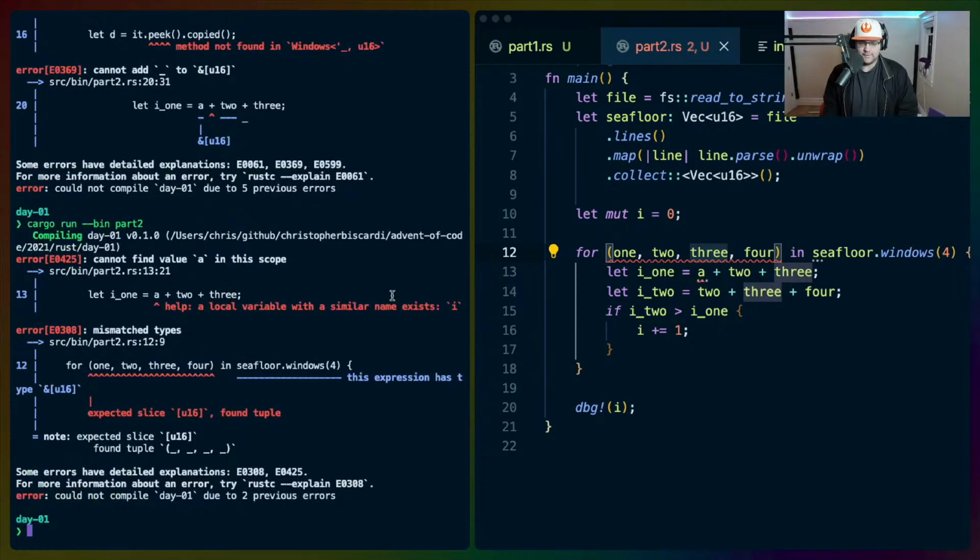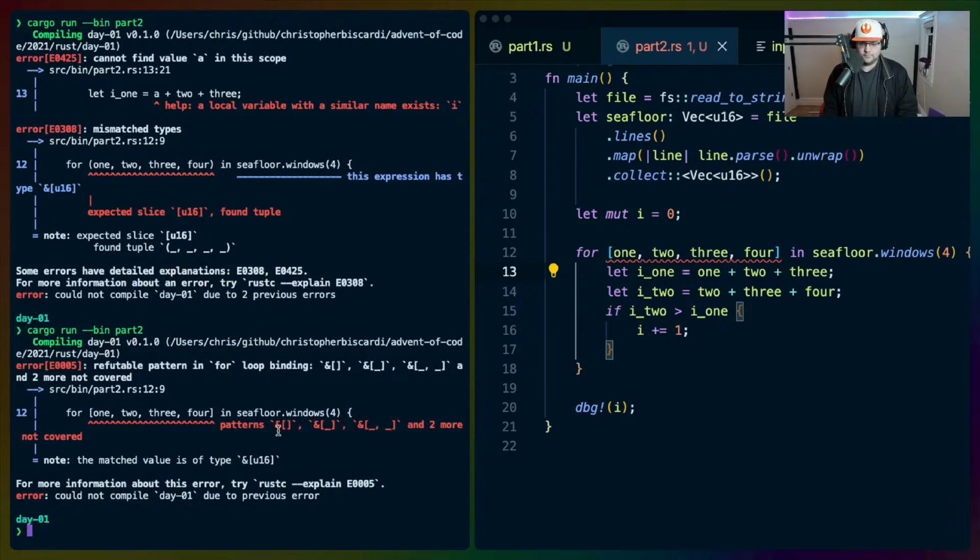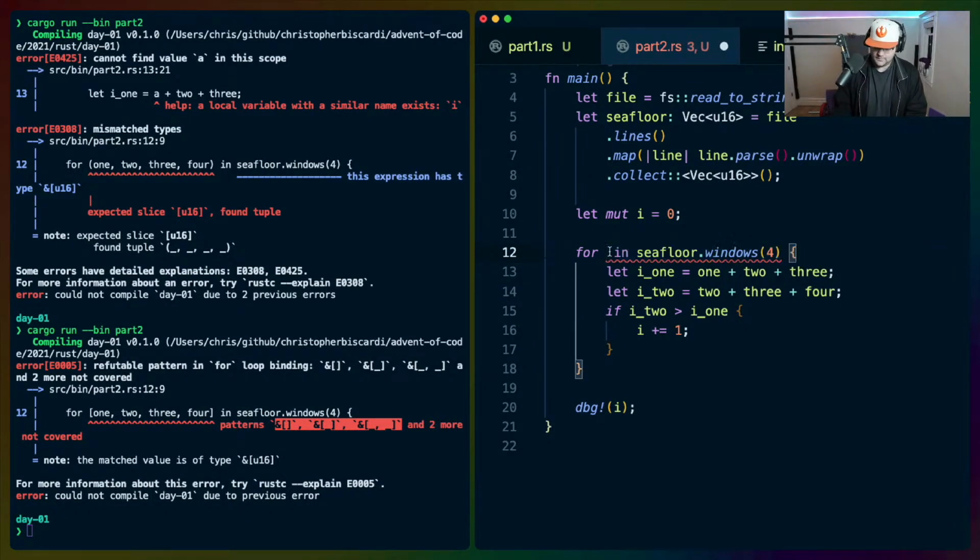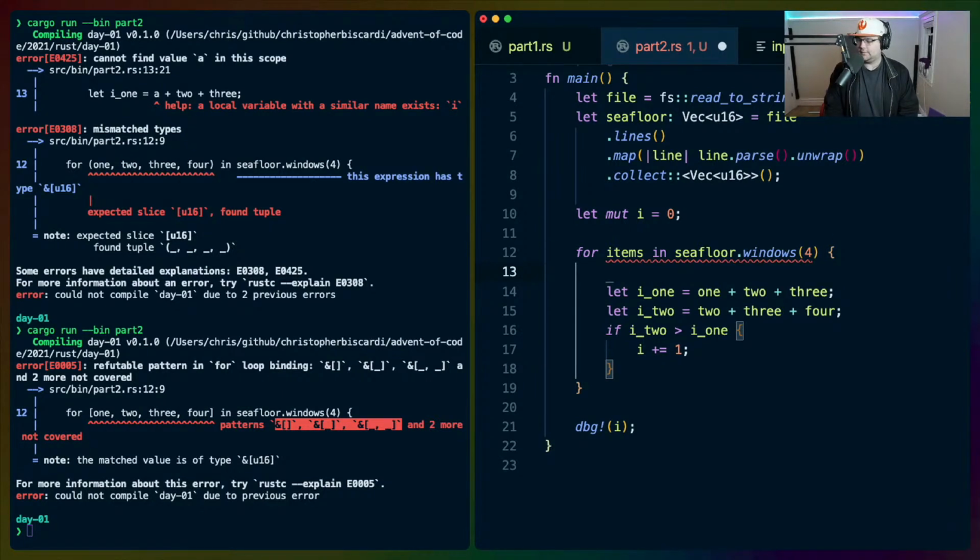Does that come in as a slice? It does. So Windows will give us all of those, huh?